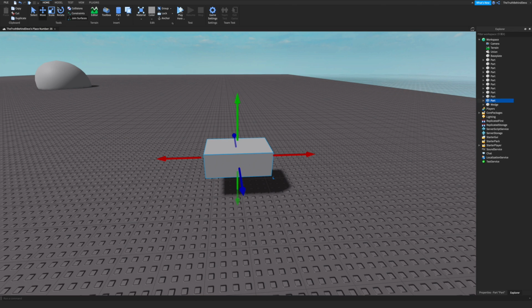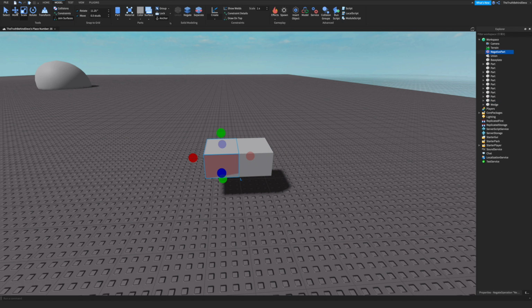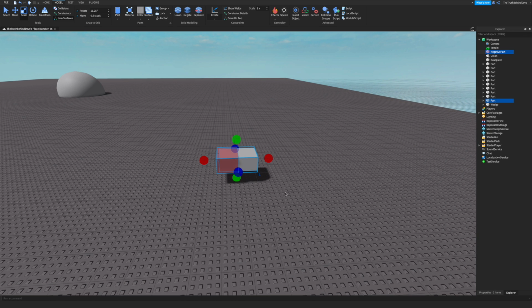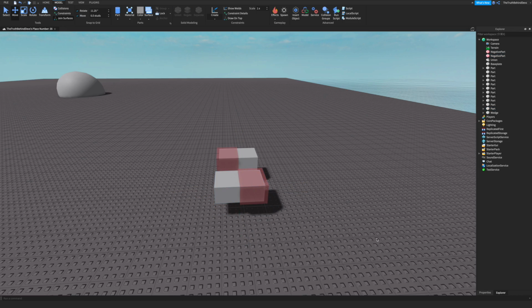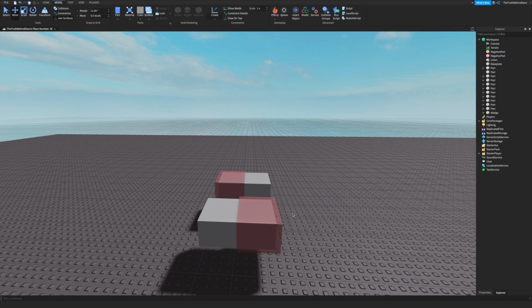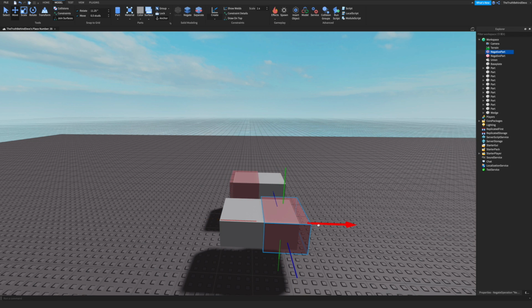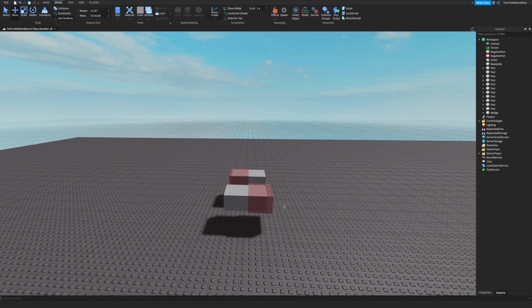So what you do is create a negative part, put it there, duplicate it, turn it around, do that. I mean, it's not the most accurate measurement, let me just fix that. Okay, so now this part is actually in half, so now we can